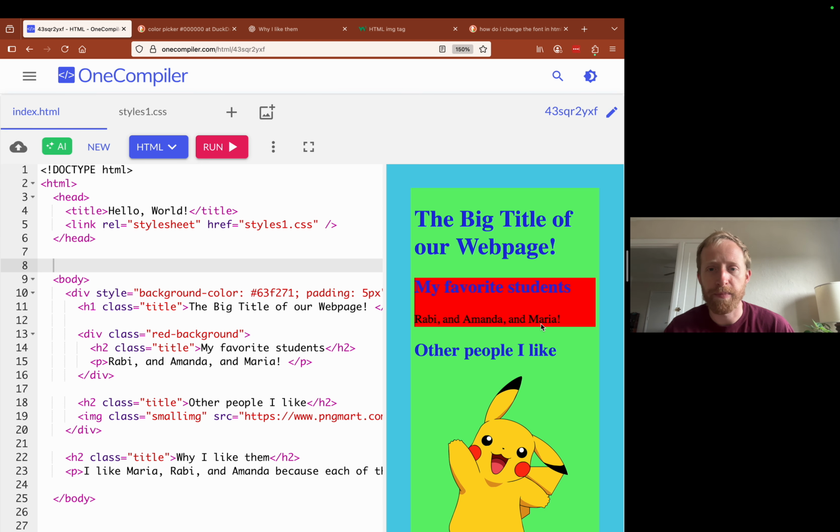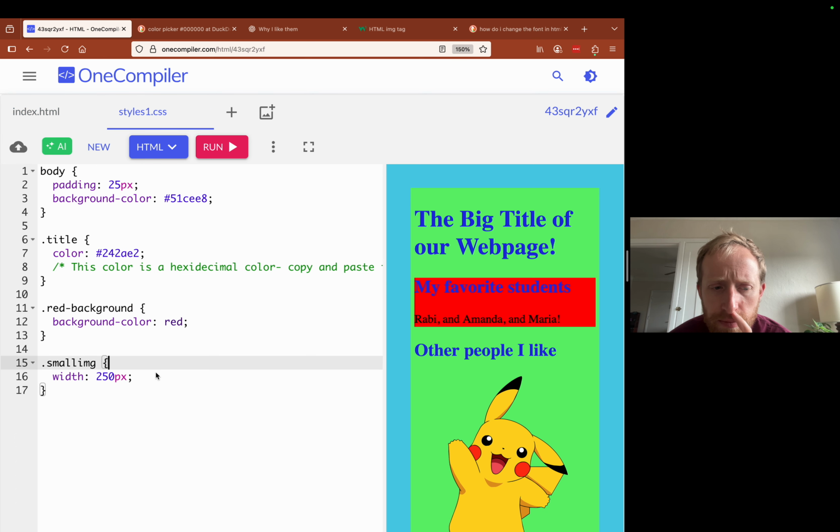Yes, Robbie. Yeah, Joe, I was asking that here the width was given 250 pixels. That's why it comes within that div.